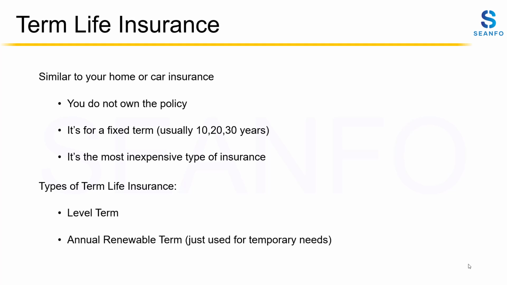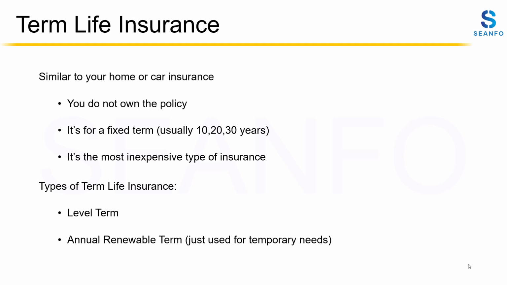In this video, I will help you understand what term life insurance is. So what is a term life insurance? This type of insurance is similar to your home or car insurance, where you pay an insurance premium every month or year, and if the insured person did not pass away that year, you end up losing the premium you paid for the entire year. But on the other hand, if the insured person passes away, your family will be paid the promised amount.